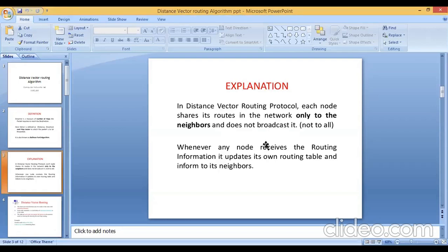The neighboring node has to inform what the cost of that node is, what the distance of that particular node is. Whenever any node receives routing information, it updates its own routing table and informs its neighbors, so that it can identify the easiest way to reach the destination. So that is about the distance vector routing algorithm.